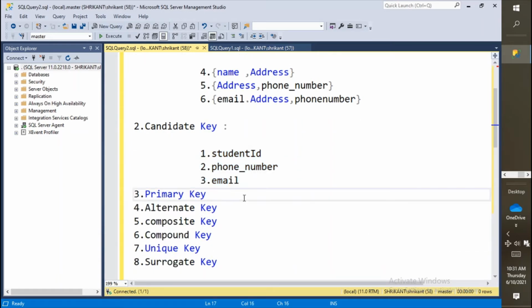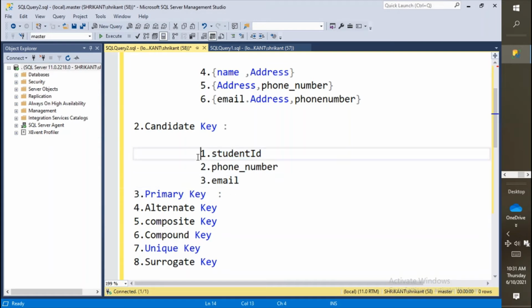Next, primary key. A primary key is a key which can represent the uniqueness in a table again, and a primary key is a subset of candidate key. What does it mean? It means that any key which belongs to the candidate keys could be the primary key. So out of these three keys, we need to select the best key which can represent the uniqueness. So I can say student ID.